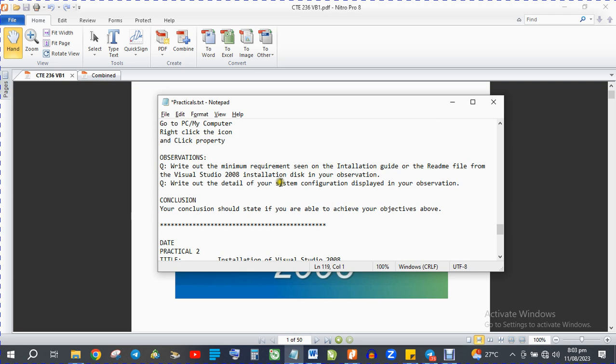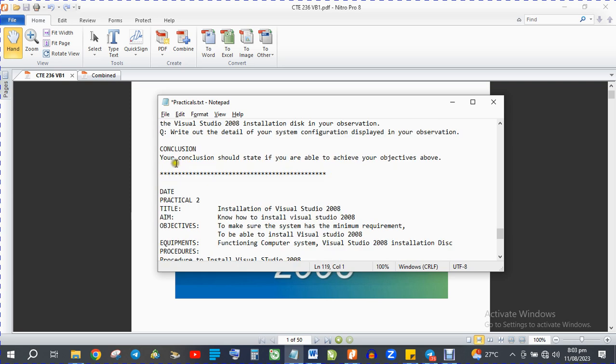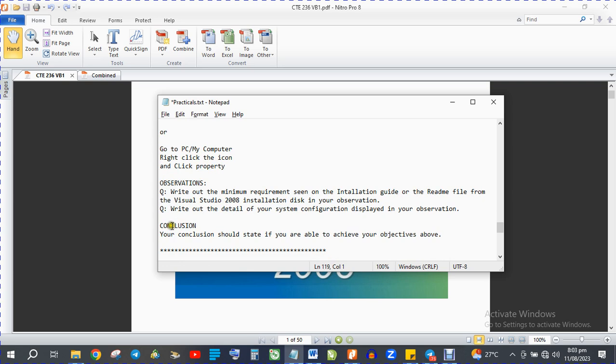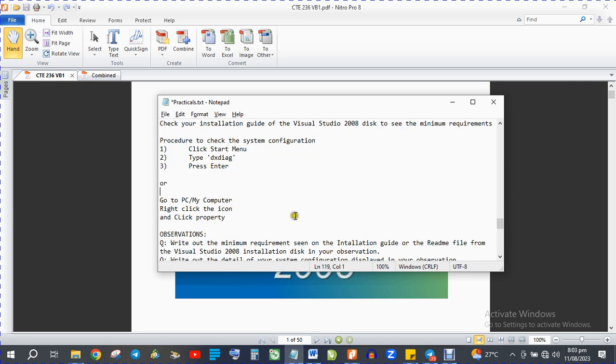Which is very, very necessary. So after that, your conclusion should state if you are able to achieve your objective. I've explained this to you in your class, and I'm still emphasizing it again. When you are writing, your conclusion should state if you are able to actually achieve your objective. So in your conclusion, you are expected to write that